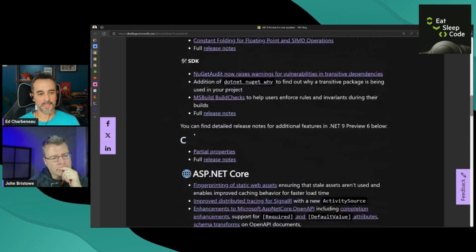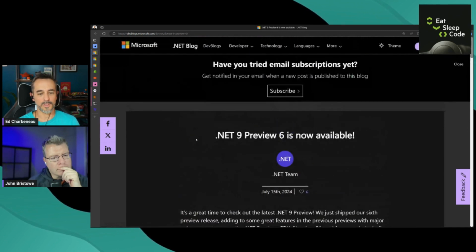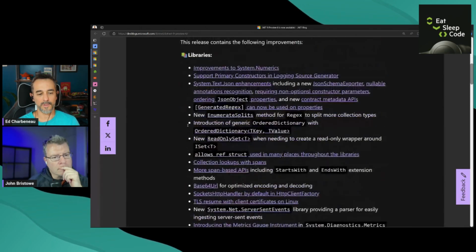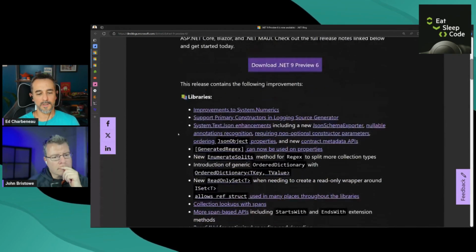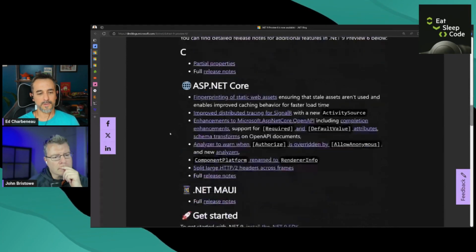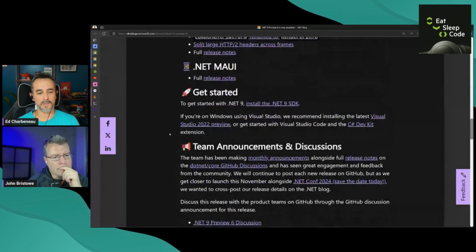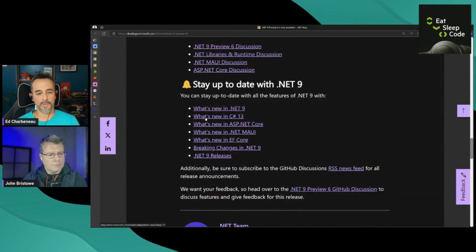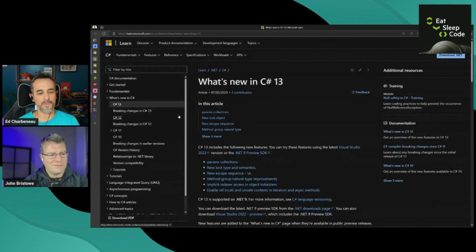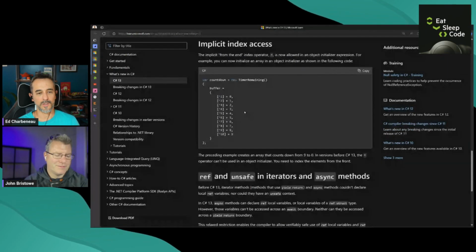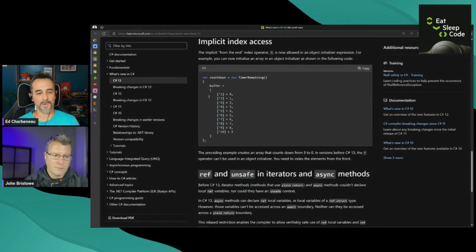There's a big laundry list post up on the .NET blogs if you want to check it out and see what all of the new bits are. We've got some new C# features that we talked about as well, so some of that will be in there too. So what's new in C# 13? I think we talked a little bit about this before, but yeah, partial properties. Yeah, partial properties, indexing arrays, and all of that.